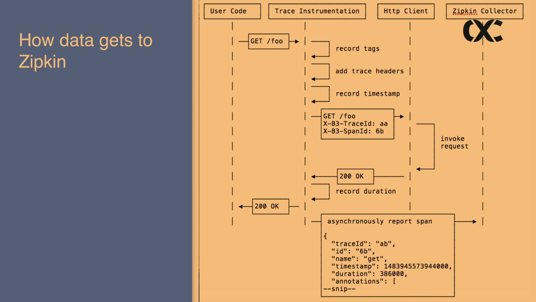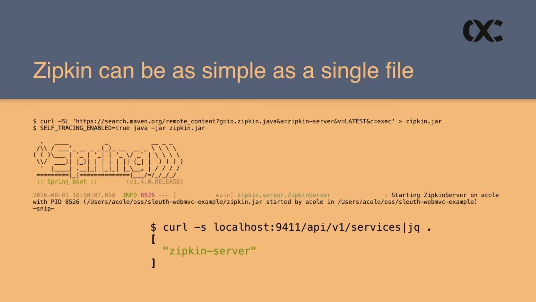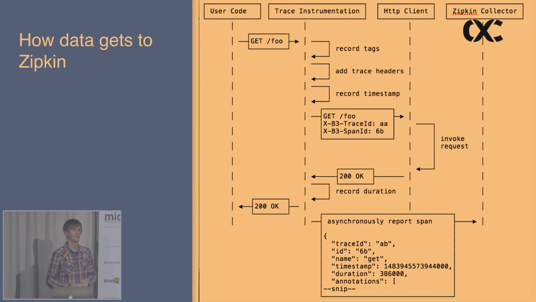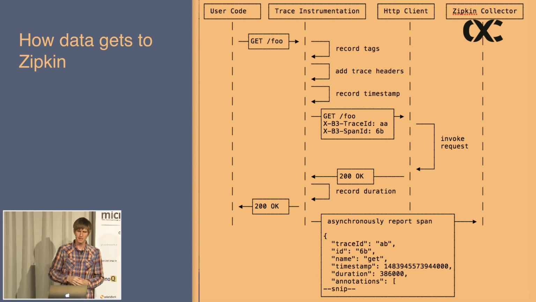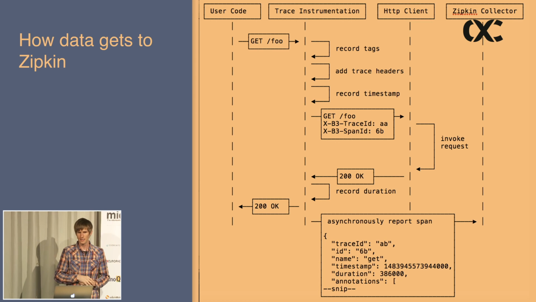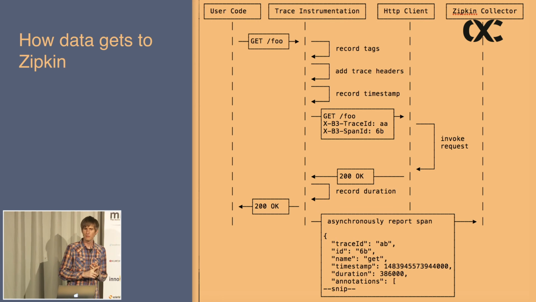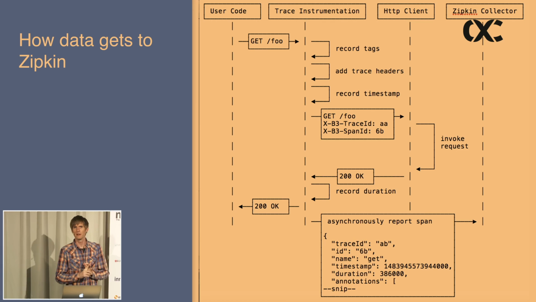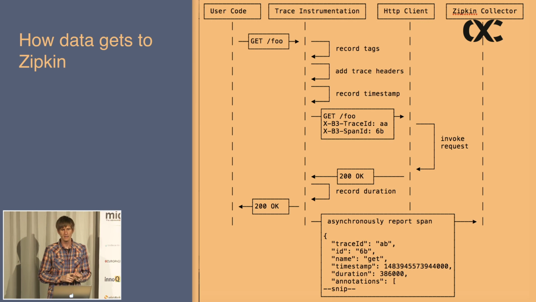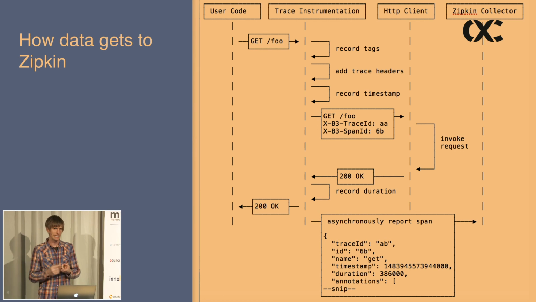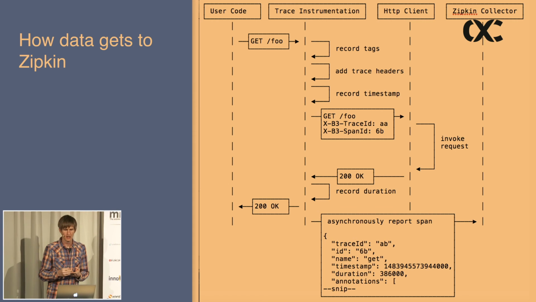I showed earlier the architecture, what it looks like in abstract, applied to a flow diagram. This is what happens. So you usually would have some user code that's asking you to do something. Like I have a REST library that's going to hit this endpoint and do a get. And usually trace instrumentation, regardless of whether it's via an agent or a configured library, there's typically an interceptor pattern of some sort that's in play. And what's relevant for tracing is adding tags, which might be lookup in nature,